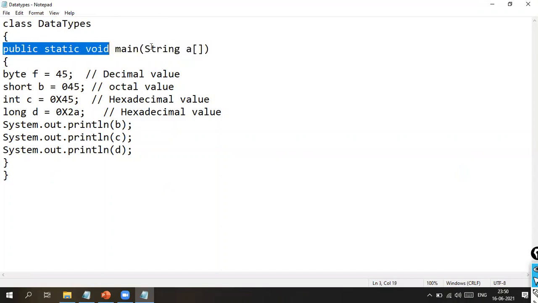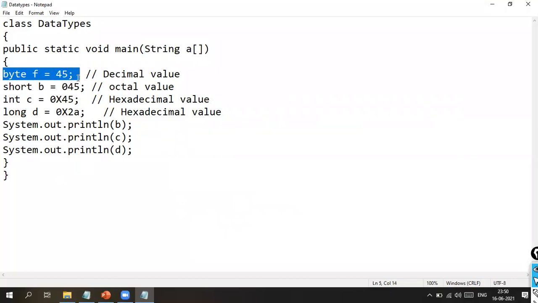This is the main method, which is called the entry point. The signature of the entry point should be the same. It has to be a static method. It has to be a public method. The return type of the method should be void, and it takes a one-dimensional array of type String as a parameter.